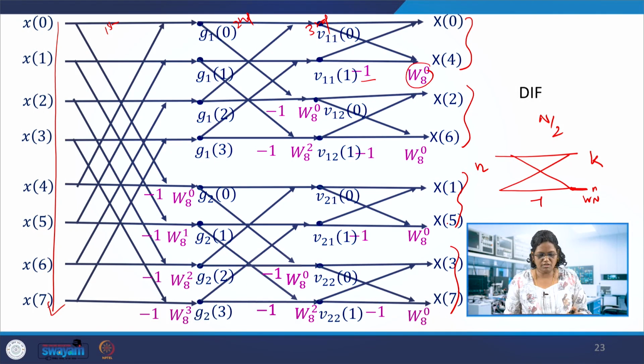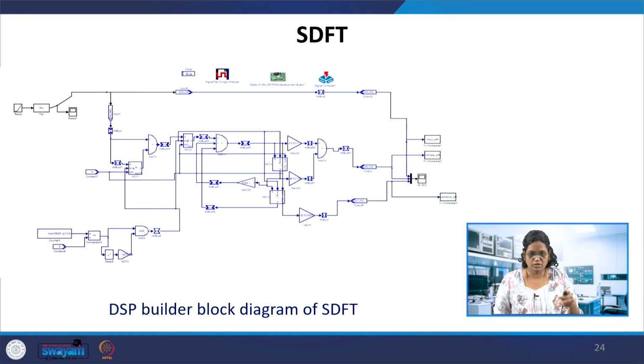So in the STFT variants we had seen, I would just like to introduce this DSP Builder, which can be used for the development of Verilog or VHDL codes, and then dump those codes in the FPGA. We had seen this STFT and its variants and the STFT block diagrams using the MATLAB Simulink blocks. In the same way, the MATLAB Simulink blocks can be converted, or we can draw the diagram of this STFT, the transfer function, in the MATLAB Simulink environment itself using Altera's DSP Builder. This is a third-party tool provided by Altera, and now it is Intel FPGAs.